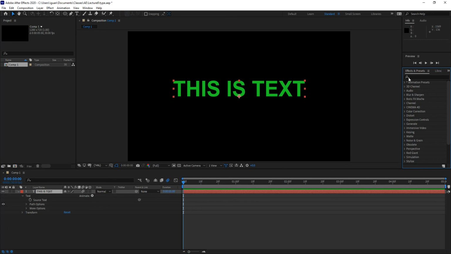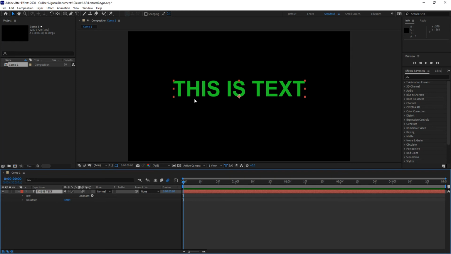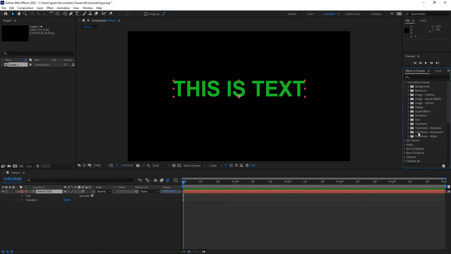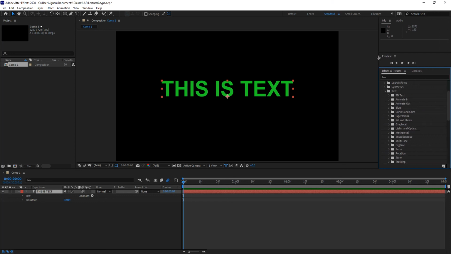Now, the presets are basically preset animations that come already set up for you under the program. These are by no means the end of the road for animation. What I mean by that is, when you use these presets, they are set for you so that you can start working from them, saving you some steps on the buildup. Do not just simply drop one of these presets onto the text and call it a day, because they won't look good. But they give you the ability to start working now that you understand how the animators work